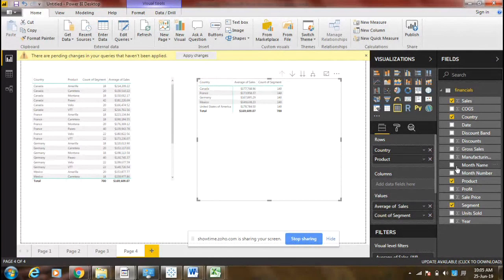When you drag the date in, you take four values: year,